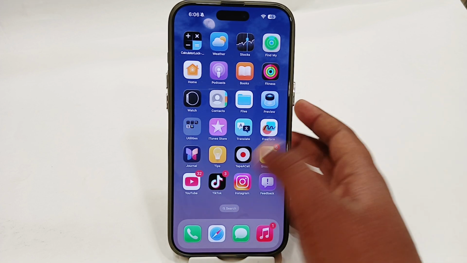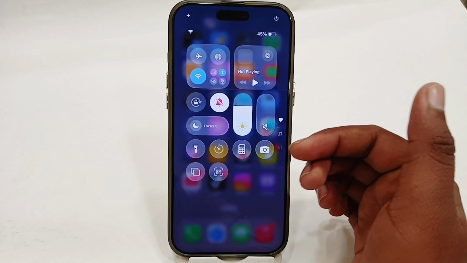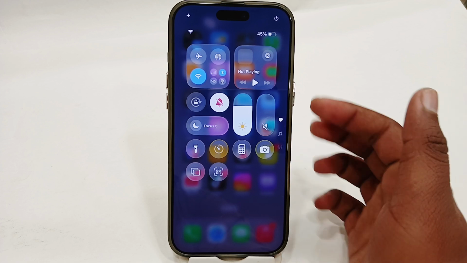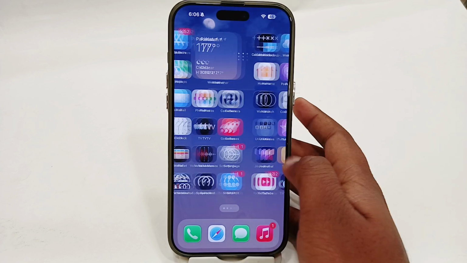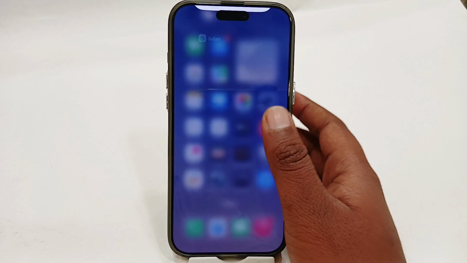So the very first thing, you just have to make sure that you have a stable and the strongest network connection, because sometimes your network might be weak, so you're unable to play videos on your Telegram app. Or if your internet is working well, but you're still facing the same issue,